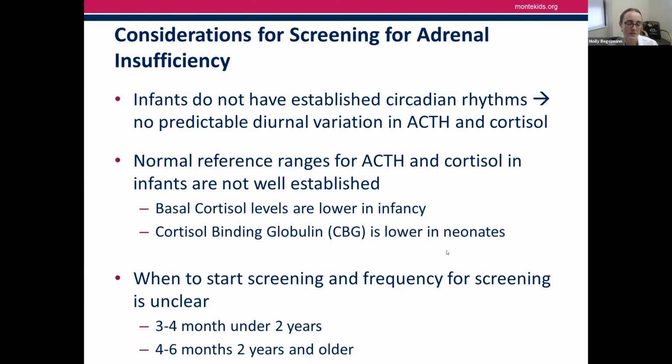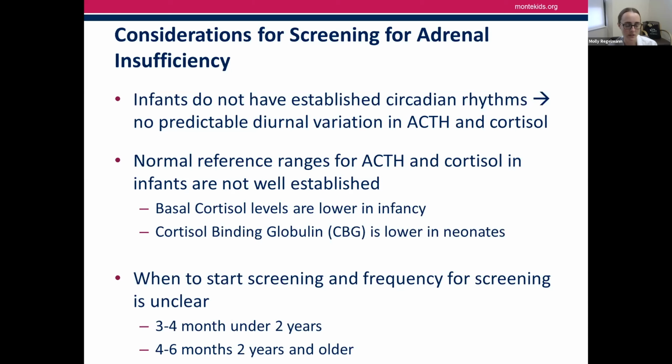The final thing was when to start screening and how frequently to screen. Initially the thought was that adrenal insufficiency takes time to develop and that we shouldn't rush to get everyone in to do blood tests. That thought went out the window with my first patient, who seemed to have biochemical evidence of adrenal insufficiency when we did the initial screening test at 5 months of age. Several other endocrinologists had similar experiences of having infants who had biochemical evidence.